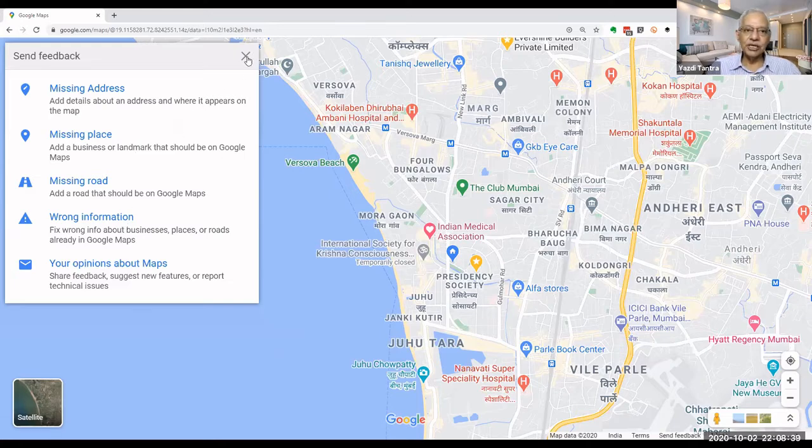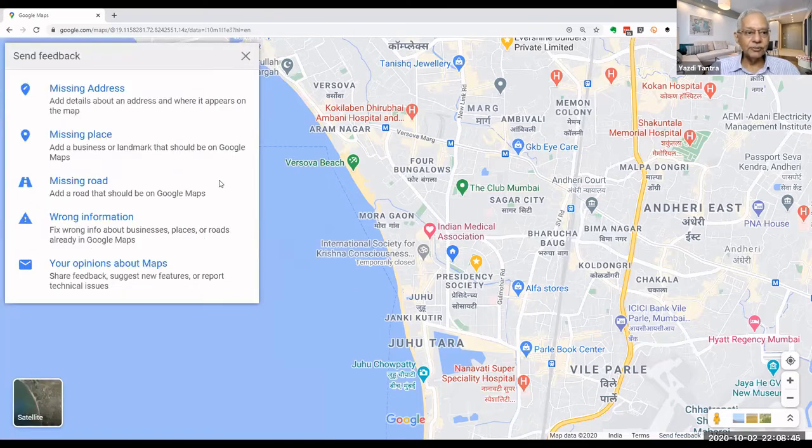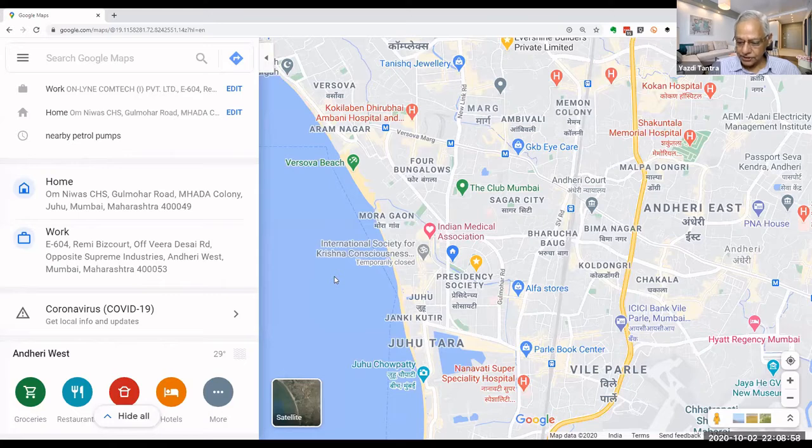So whenever you go here down below and say send feedback, you have all these options where you can correct information. That is, if wrong information is there, you can correct it, or you can add missing address, missing place, or missing road. This is how Google builds up the entire maps, and that is how they make it very, very current.